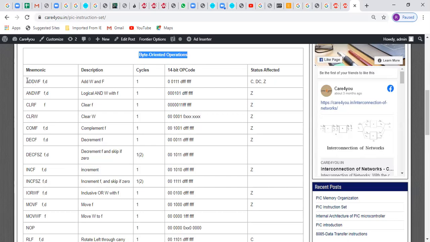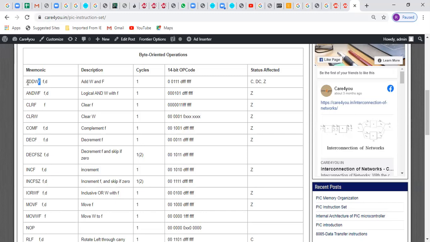I have the instruction ADD, you know this add. Here W means accumulator. I repeat again. You have the instruction add WF. This means add, of course it is addition. W means it is an accumulator. F means register file. You are adding two operands. One operand is in the W, which is an accumulator. And the second operand is in the register file, F.